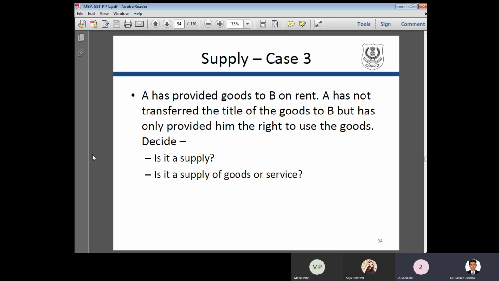On rent दिया है, but वो यूज कर रहे हैं goods. So is it a supply or not? Supply. Yes, sir. Supply of goods. No. But sir, क्या सप्लाई कर रहे हैं वो थोड़ी बताया ना, goods ही लिखा है.